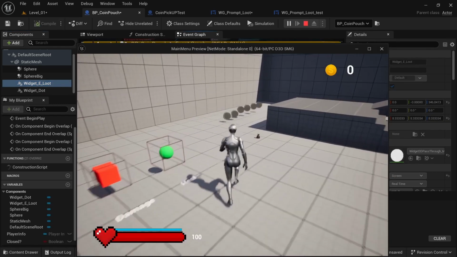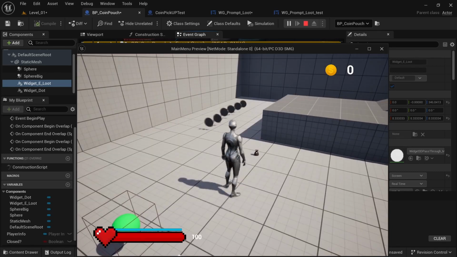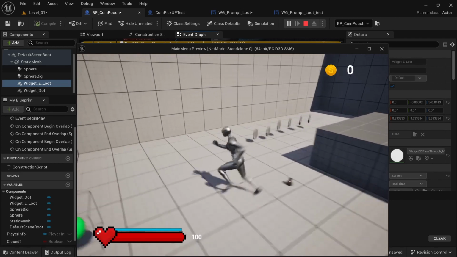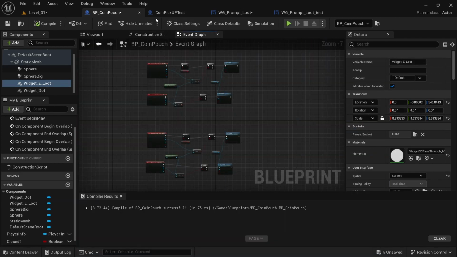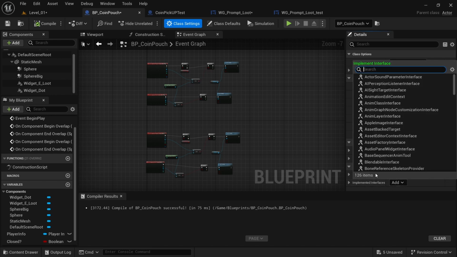And now if I walk up to it, you can see there's a dot in the middle. If I walk away, it disappears. And if I walk closer, you can see the E to loot. And if I walk away, you can see it disappears. So that's working good. Next, I want to go to the class settings, then go to interfaces, implemented interfaces, and